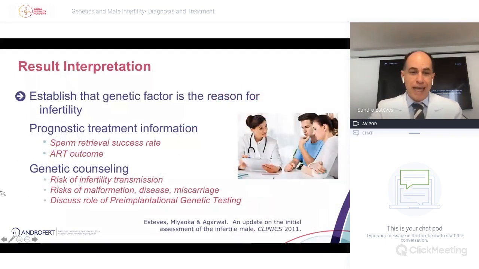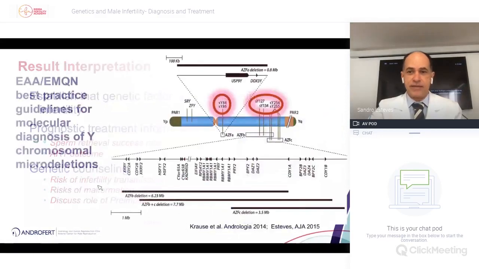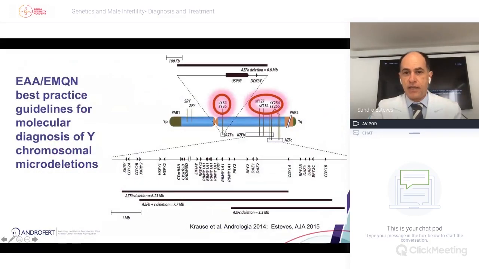So the report must include at least these primers that I presented in this figure. For the AZFA subregion, at least you should see SY84, SY86. For AZFB, at least SY127 and SY134. And to map the AZFC region, you need to see